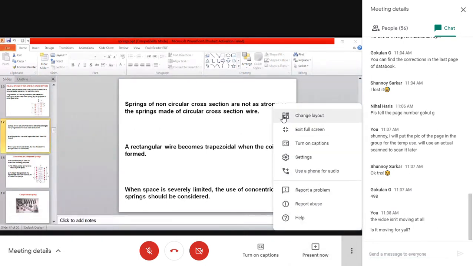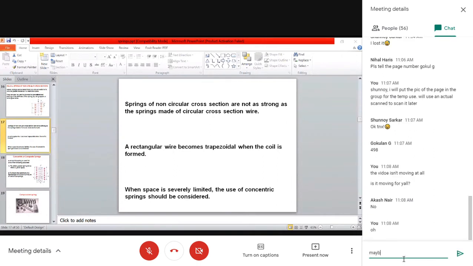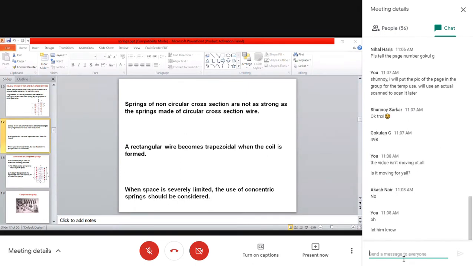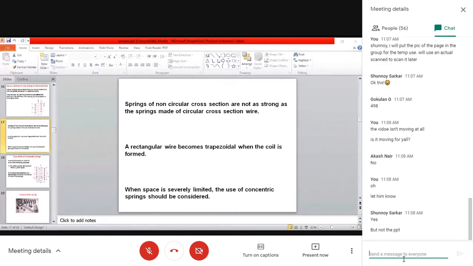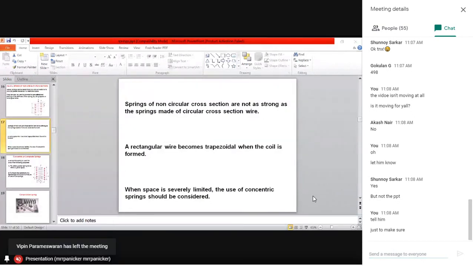Sometimes it will not be given, then you can assume some value, but if you are assuming, then you have to check the stress after finding out the diameter. So the important parameter is, what is the diameter? What is the diameter of the wire? Or what is the mean coil diameter? Or what is the index? So these are the things. Usually the force will be given, and the stress will be known.